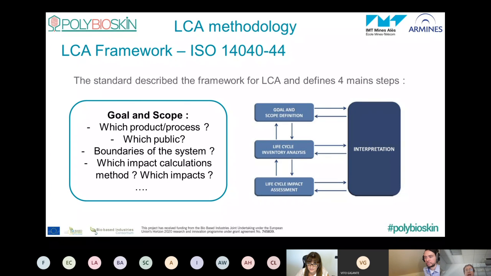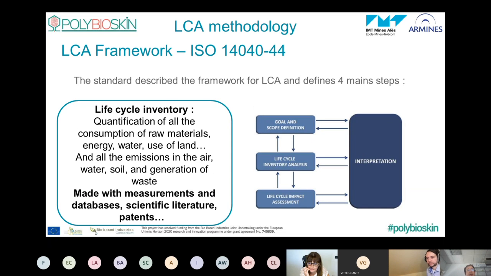This method is defined by an ISO standard, and there are lots of additional standards which define the specific use of the method. The method is divided into 4 steps. The first one is to define the goal and scope: which product, process, which public, what are the boundaries of the system. An example of boundary is cradle to grave, but it's possible to restrict the boundary. Which impact calculation method, which impacts. There are different calculation methods according to the kind of software used, but they all have to respect the ISO standard. The second stage is the life cycle inventory,